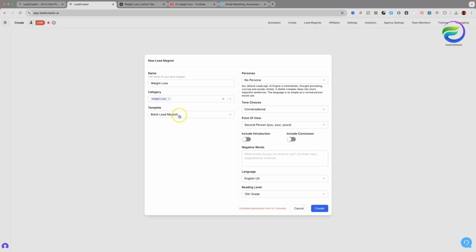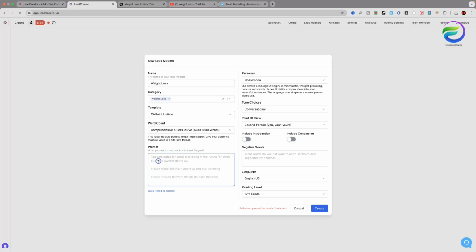and then below you have a choice of templates. Today we're going to make a 10-point listicle, but as you can see it will do blog post to ebook, blog post summarizer, YouTube transcript to ebook, YouTube summarizer, microcourse creator, and so on. But for today we're going to choose a 10-point listicle, and then below we've got the option to insert a